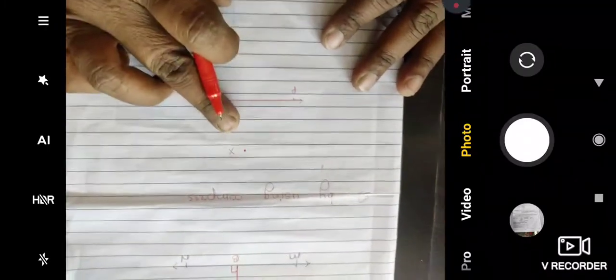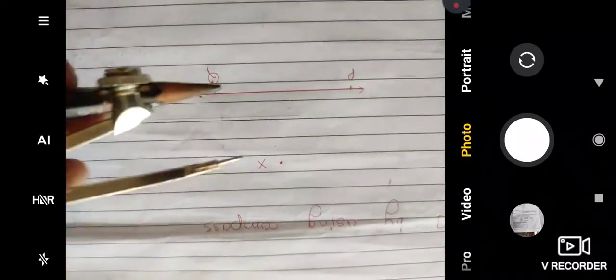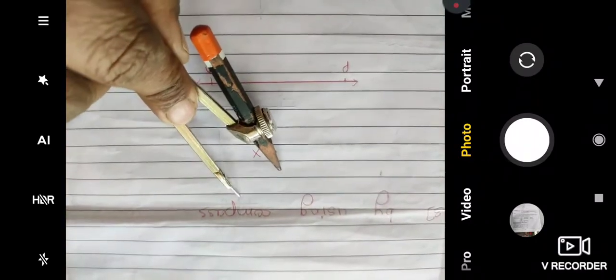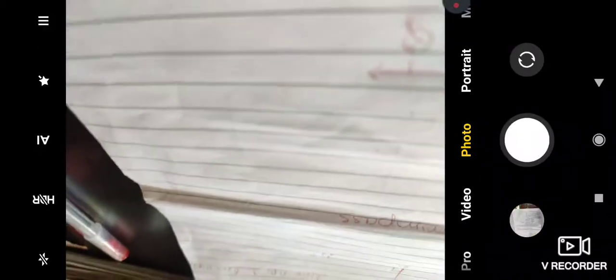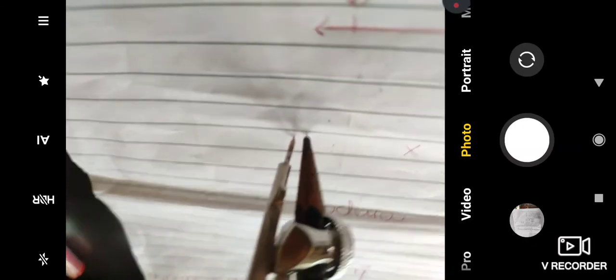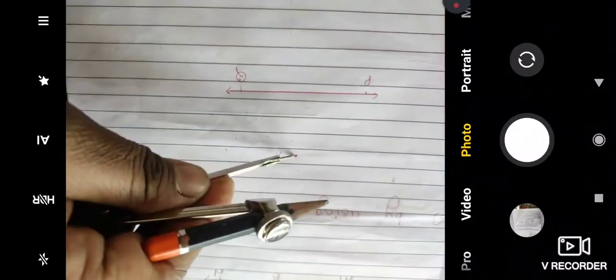X. This is point X, and from that point X I will draw the line passing from this point. I will draw the perpendicular to the PQ. Okay, and for that just take the compass. Here as I give the heading, by using a compass, we have to take a compass, adjust its point in such a way that we have to close it and keep it on the ground, and both the points must be parallel. In that way we have to adjust this compass and the pencil in the compass. Okay, after that this metal point is there, that metal point we have to keep on X, point X.